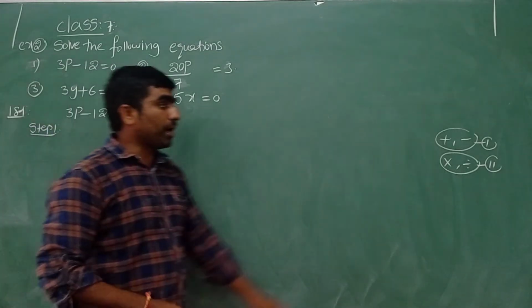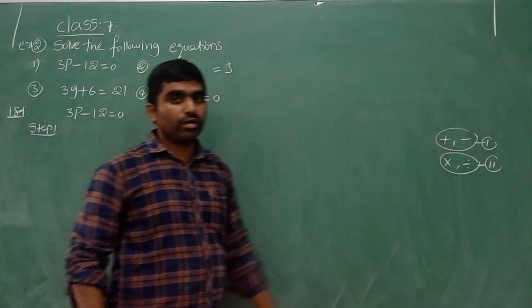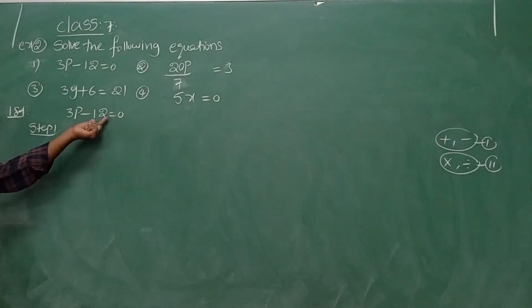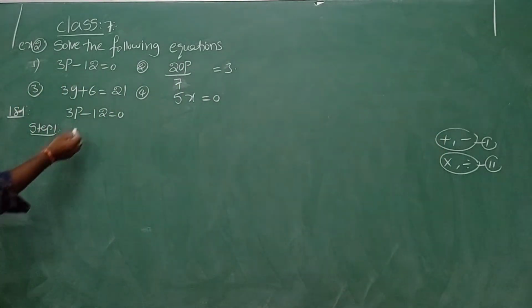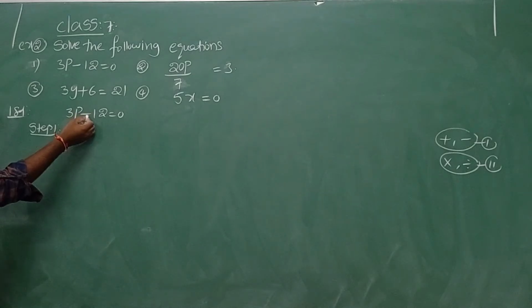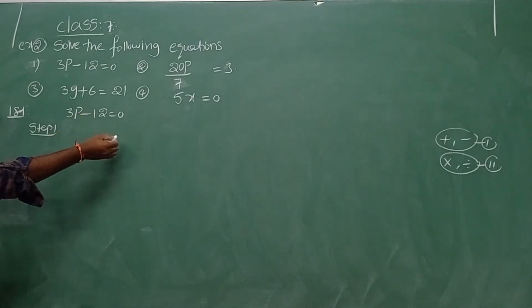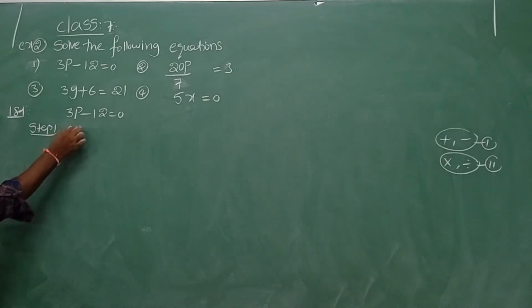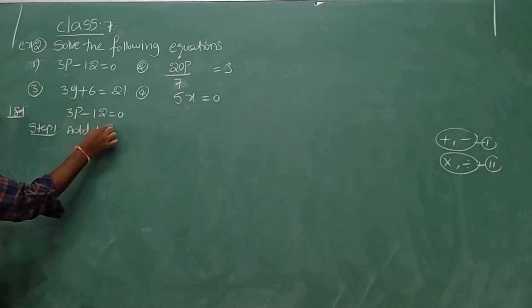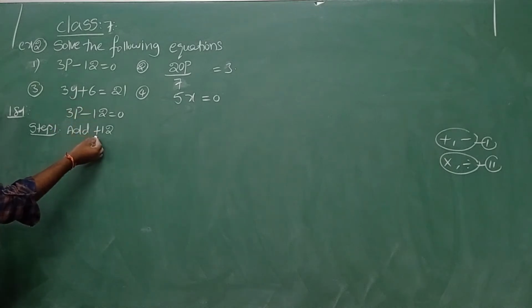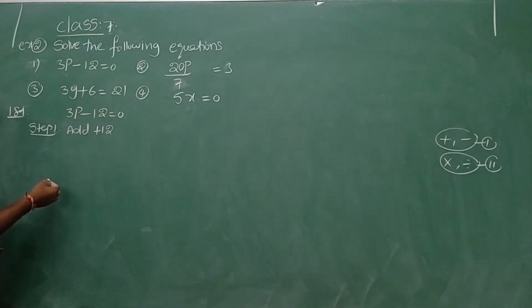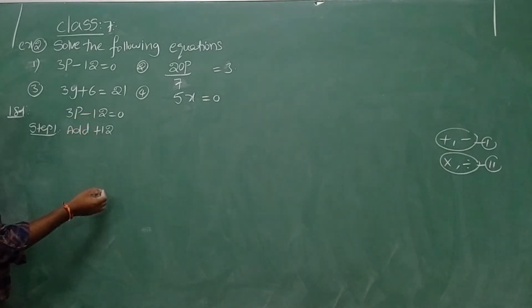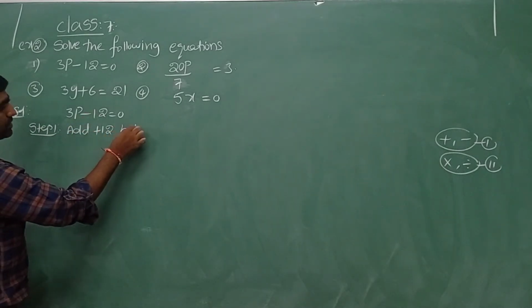Yes, when we have minus, we need to add on both sides. What can we add? Add the same number on both sides. So a minus quantity is there. To remove this, we can do plus on both the sides. How much can we add? The same number on both the sides. Let me write, add plus 12. So minus there, we can do plus, so that both will cancel. From there we can make p separate. Same number we need to do. Add plus 12 on both the sides.